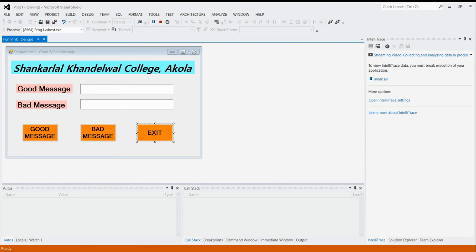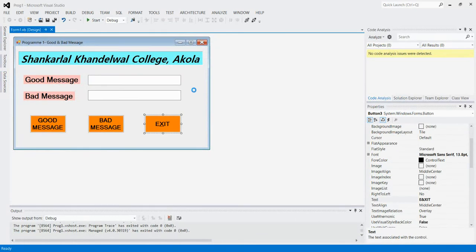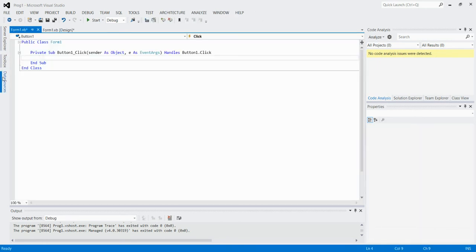So I am performing the click event through my mouse, and to perform it I have to do some coding in these command buttons. For the coding of the good message, first of all we will click over here on button 1, double click on it, and you will see the coding window.